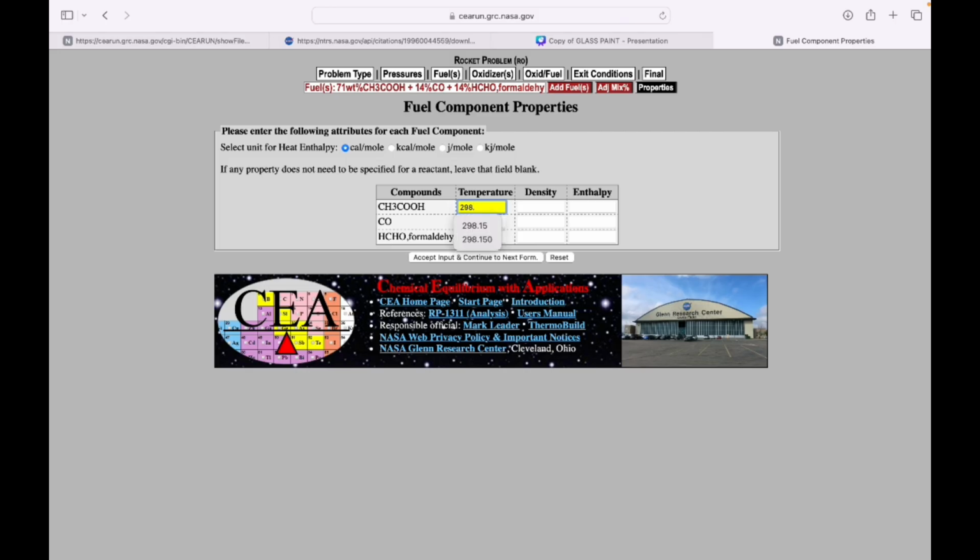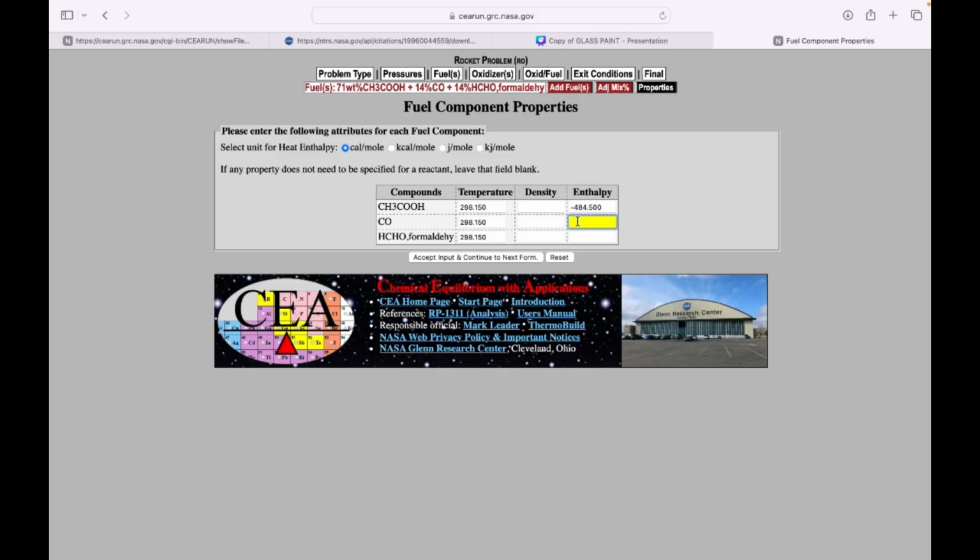Then the temperature, density, enthalpy values I got from internet. So let's see. After this I have to choose the oxidizer, that is KNO3. So the density for CH3COOH and enthalpy values, one sec. So the enthalpy value is minus 484.5 for CH3COOH,